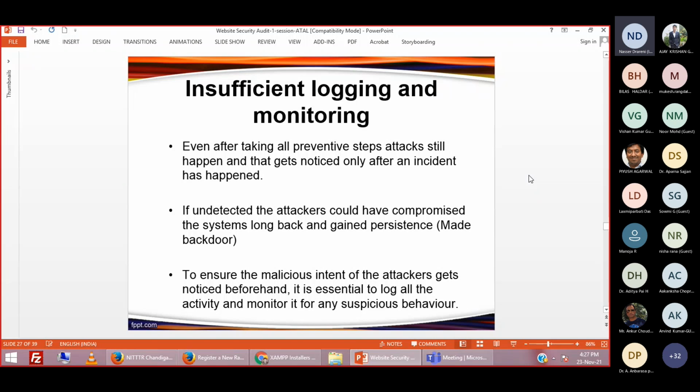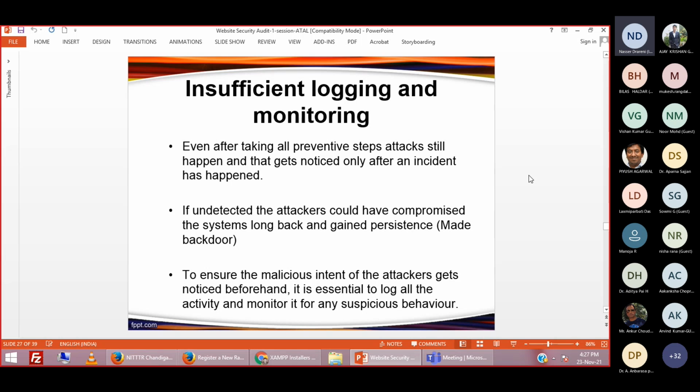The next vulnerability which is listed is insufficient logging and monitoring. Insufficient logging and monitoring is also a type of awareness which the website developer or website administrator should have. What they have to do is regularly monitor your website, right? Many times it has been seen that hackers have taken over your system long back.